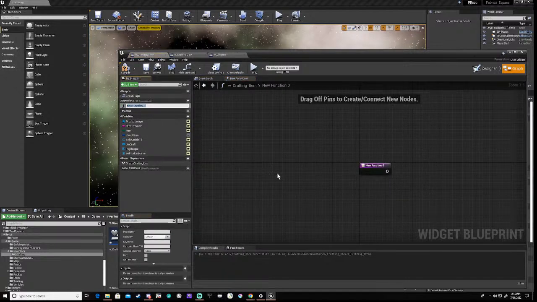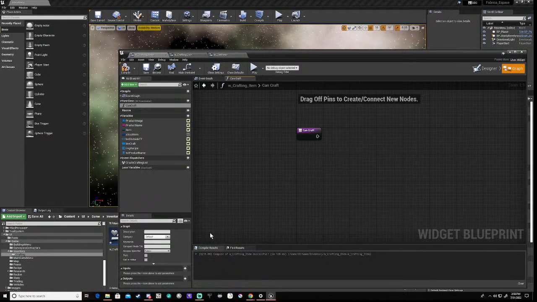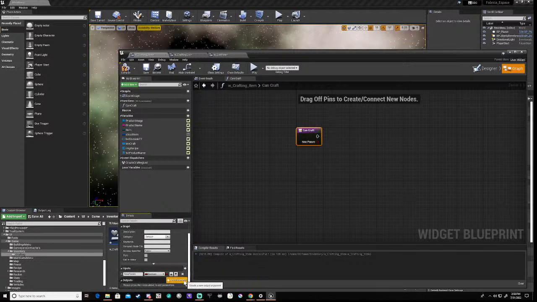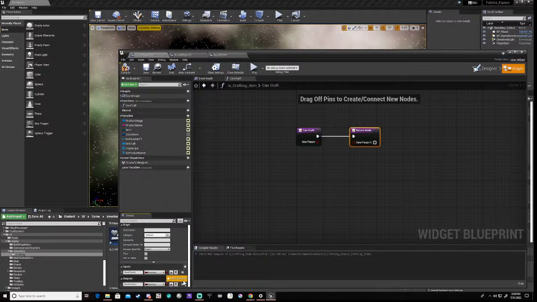So we're going to write a function called can craft. Okay? And what we shall do is we shall do one input and we shall need an output. Okay? And we shall call the output is viable. That's going to be a bool. And our input